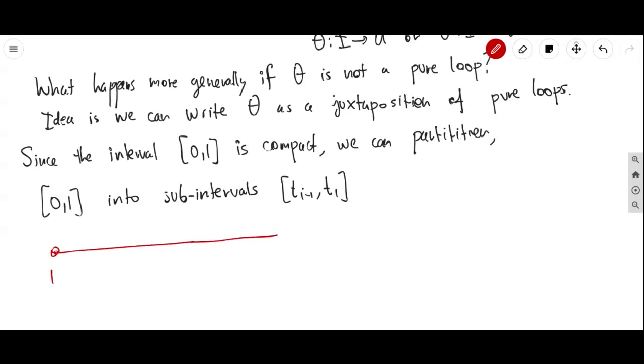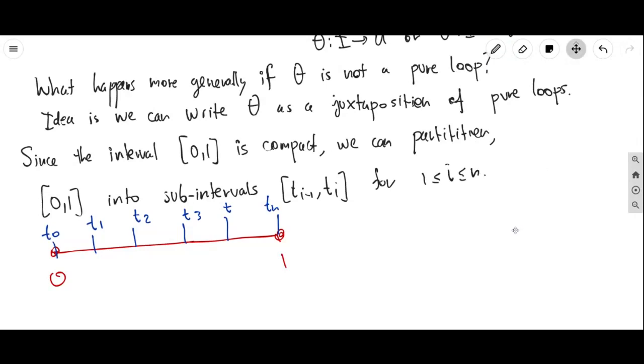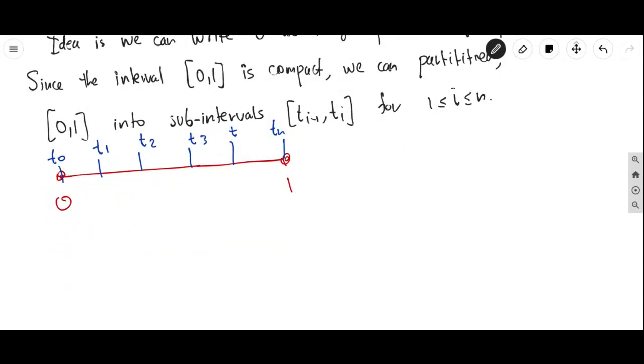Here's the number 0. Here's the number 1. And the first point is going to be t0. So these are different time increments. It does not have to be equally spaced, but it really does not matter. Kind of break it up like this. The last one is going to be tn. So this is for i between 1 and n. So you break it up into subintervals so that